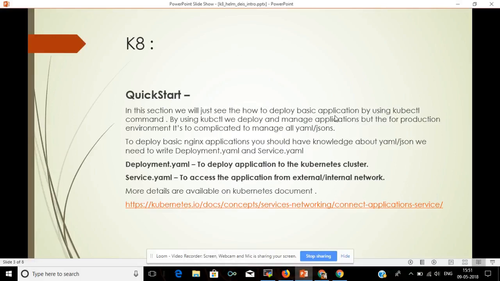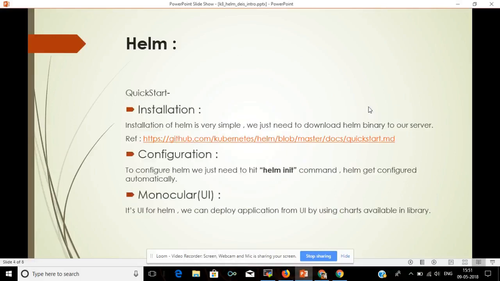Now I am heading towards Helm. As I already told you, Helm is nothing but a package manager like apt or yum. By using a simple helm install command, we can install whichever application is available in our repository. Helm already maintains its cloud repo. If we want to add our own repo, we can, but for this we need to write Helm charts. So what are Helm charts? Helm charts are nothing but the packages that we need to write for an application. Then we can use these packages as a template to deploy an application.